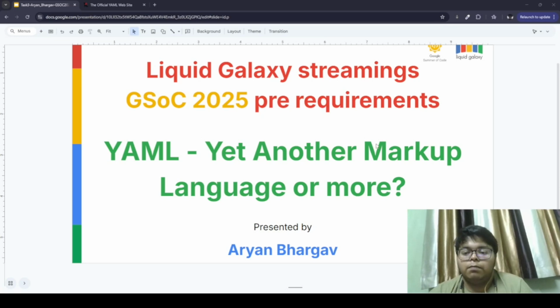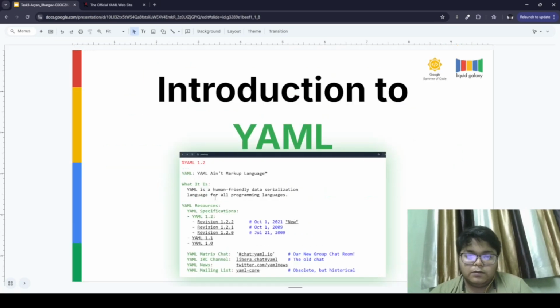So moving on to the history, YAML was initially introduced back in 2001 by Clark Evans and team. Initially, YAML stood for